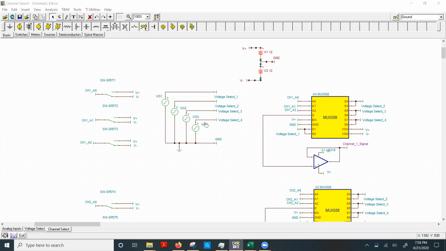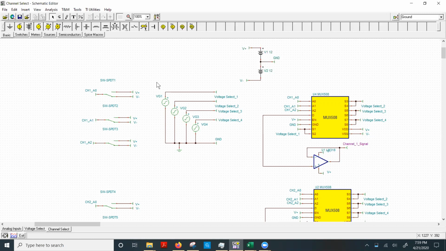Originally, our oscilloscope was designed to have 4 probe inputs, but as you obviously saw in the previous videos, I did not have 4 probe inputs on my circuit, because trying to run 4 probe inputs at the same time caused the simulation time to become way too long and the system to run into memory issues, so I only stuck with 2. But originally, the system was supposed to have 4 probe inputs, and you'd have to choose the voltage for all 4 of those probes instead of just the 2 that I did in the previous video. And from here, we're going to pick which of the probe inputs we want to use